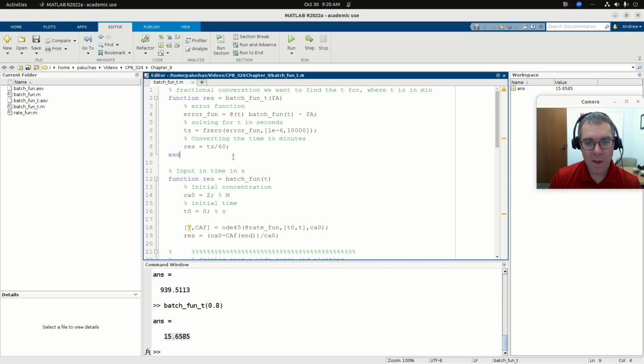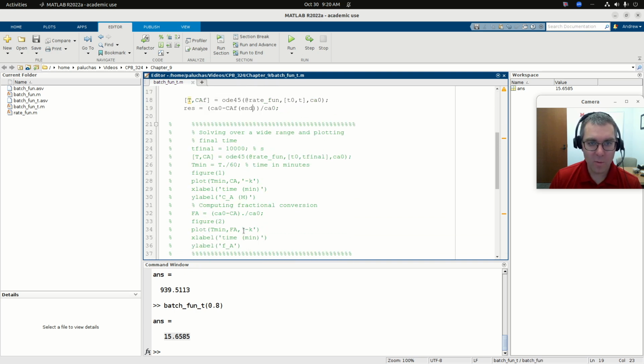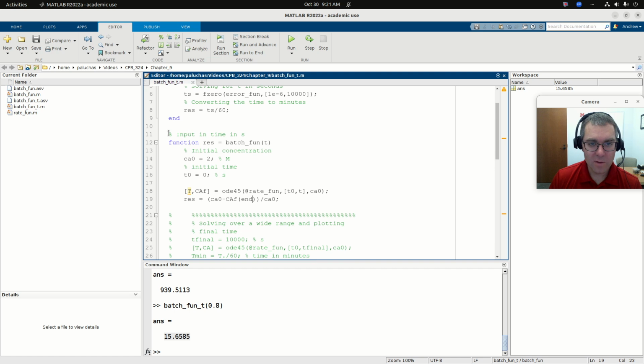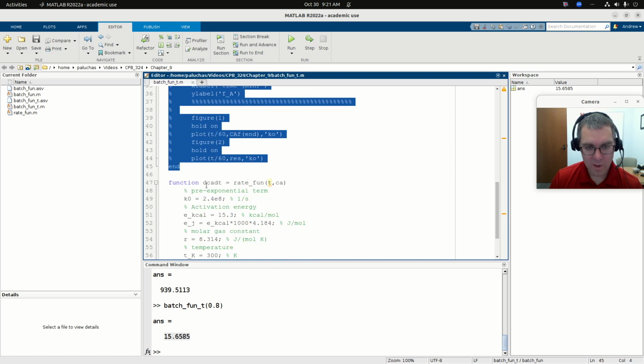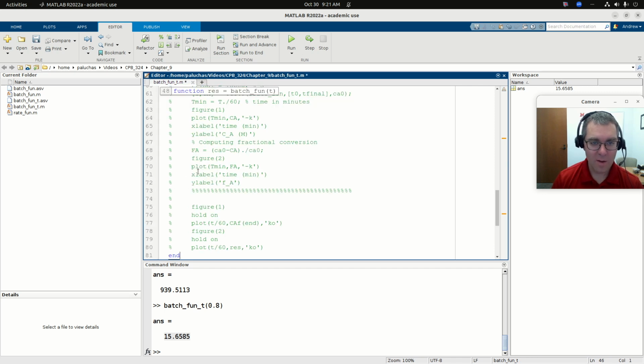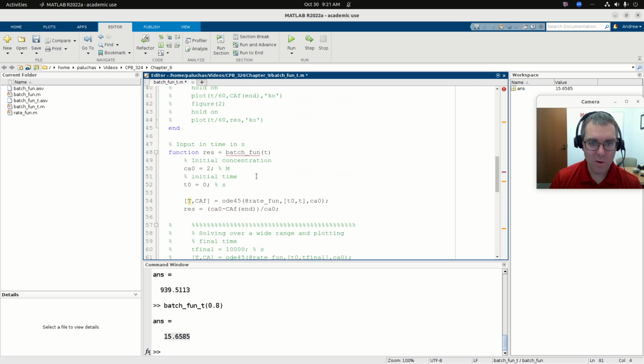Great. And if I wanted to throw this in the plot, I could do that in a couple different ways. So this is batch fun. Let me just copy this, and I'm going to create, and this isn't going to be the most efficient code, but let me call this batch fun plot. It has no inputs,